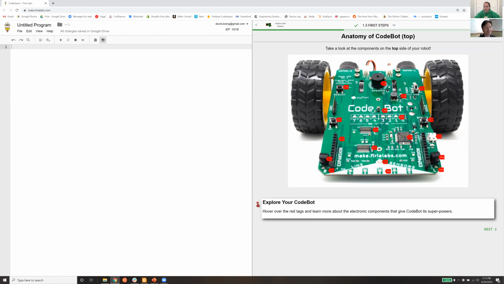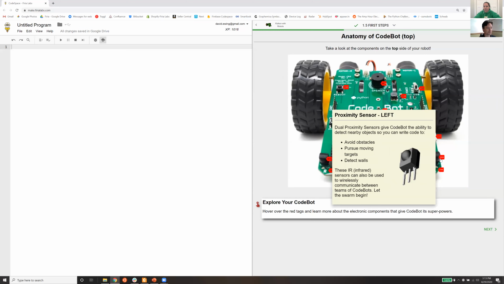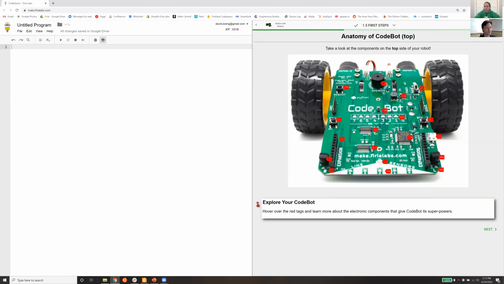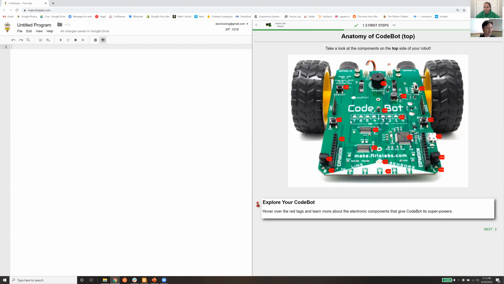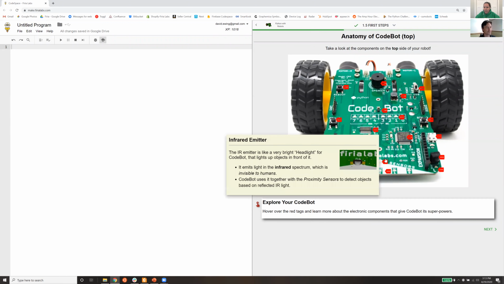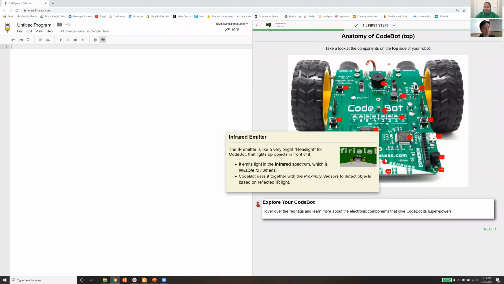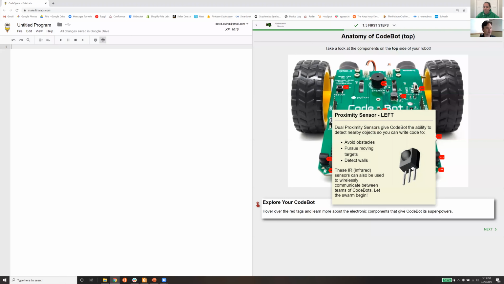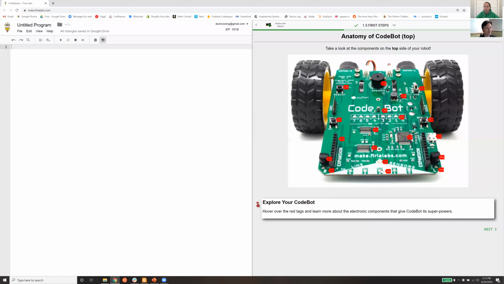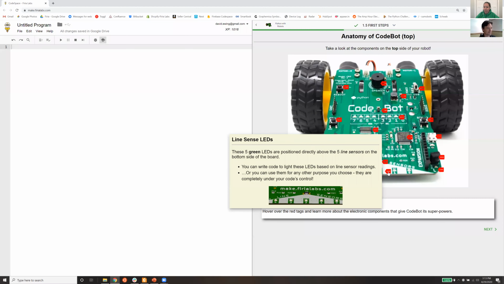So everything's on here. It's pointed out as we go through, and I'm going to show you around. The proximity sensors, a lot of you have already seen this. Expansion headers. What else have we missed? The emitter for the prox sensors, so it shines out. It's the flashlight, the headlight. And then you've got your two prox sensors here, left and right prox sensors, and the